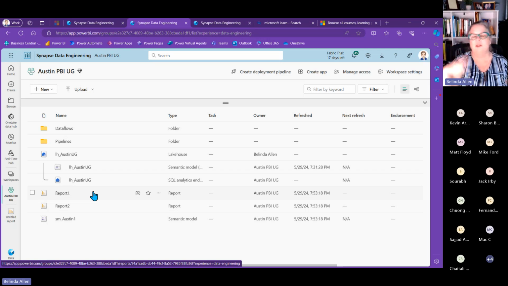So you could have a refresh, and unlike in Power BI where it fails, boom, you get an email that it failed, end of story. In pipelines, we could say, if it fails the first time, wait 10 minutes and try it again. And if it fails the second time, wait 30 minutes and try it again. And then if it doesn't get refreshed by then, end of story. That's kind of cool, being able to do some of those things. So that's generally the short story.